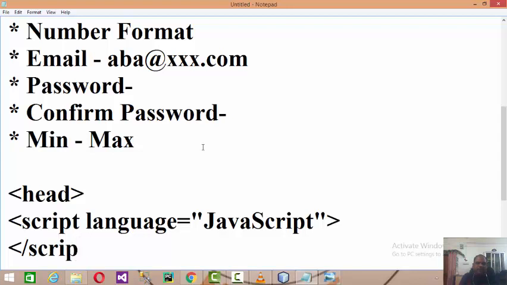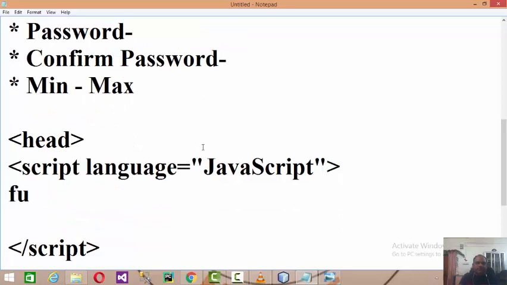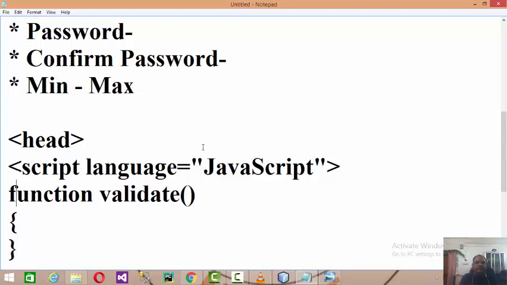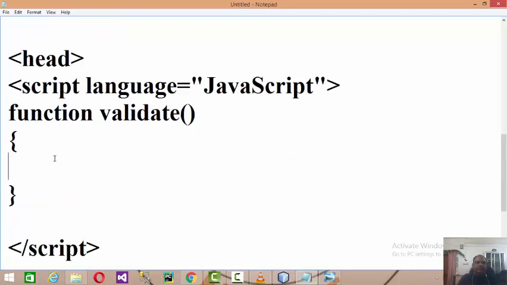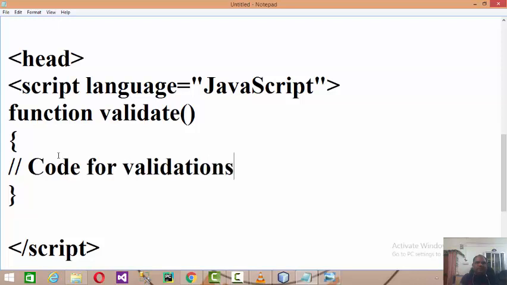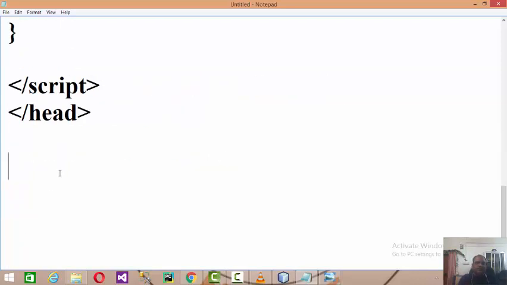We add the script tag, and inside that script tag we build a function. Let's say I am building a function called validate, and here I will write the code for validation.